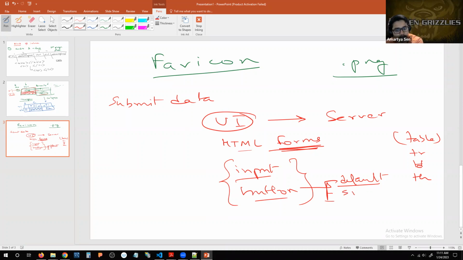But then there is a specific button for submitting data to the server, right? And that is known as a submit button. And then there is also a button that you can create that is basically a reset button, which if you click, will reset all of the previous form fields that are present in your HTML form. Input can be of many